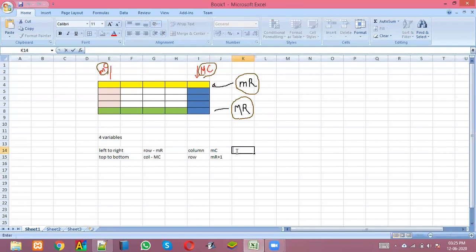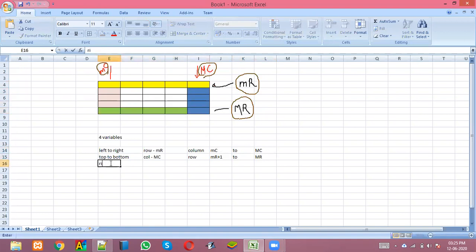So this is from minimum column to maximum column. Here we are starting from minimum row plus 1 because this element is already covered. We have to only start from here. We're starting from minimum row plus 1 to maximum row. We can cover the maximum row also, no problem. Okay, I understand this. Next operation is going to be from right to left.